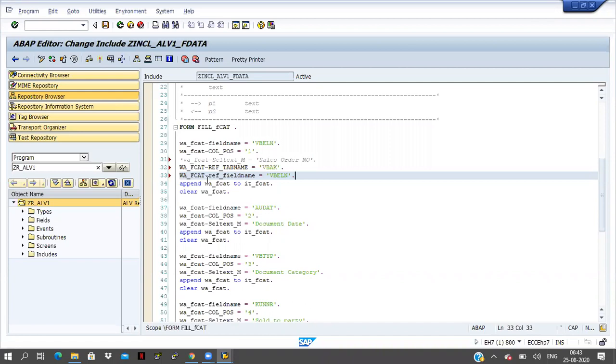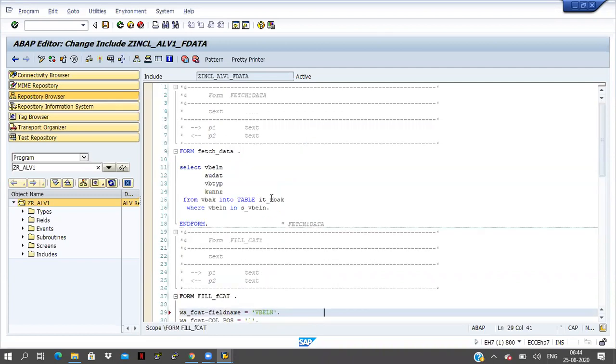What I'm giving here is the field name. What is the meaning of this? Whatever data we are displaying, that field I have to take here. Our data is in IT_VBAK, right?